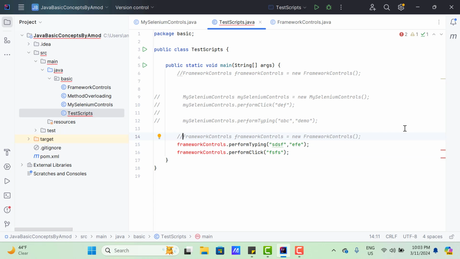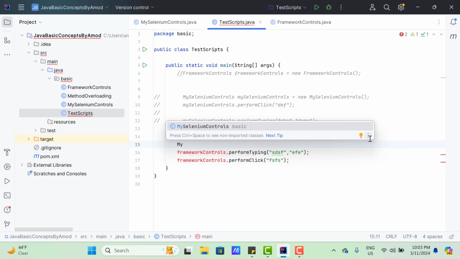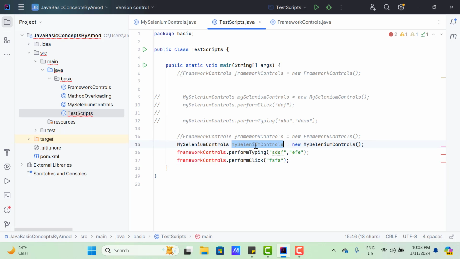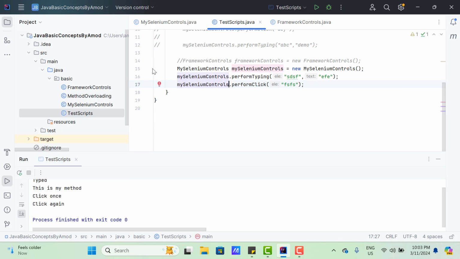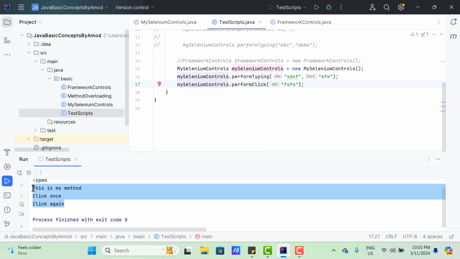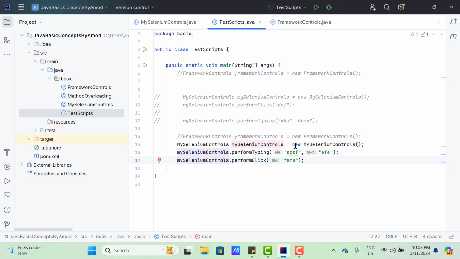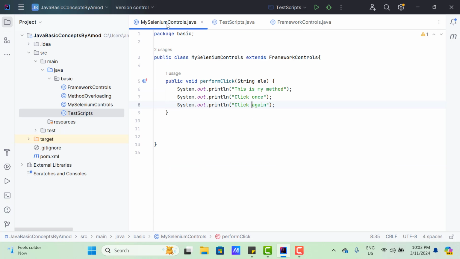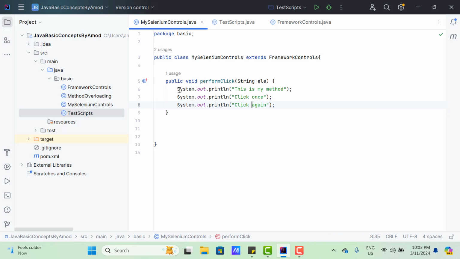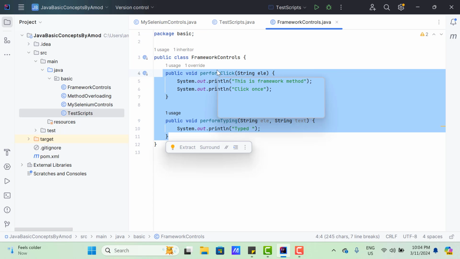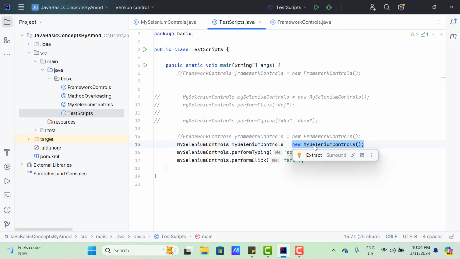Let me comment this one out, call my Selenium control, create an object of it and replace the object name. If I run this method now, it is going to call the click method from my Selenium control. So what is happening? We are creating an object of the subclass. So this subclass will have the method coming from framework controls as well. From here we'll have these two methods, and here we already have one method. But for this method, it will always override the implementation defined here if we create an object of the subclass